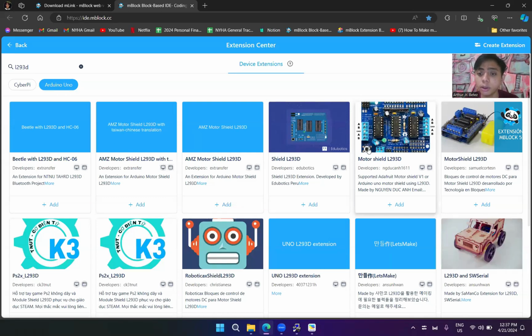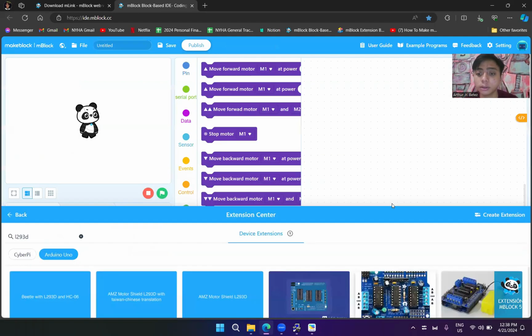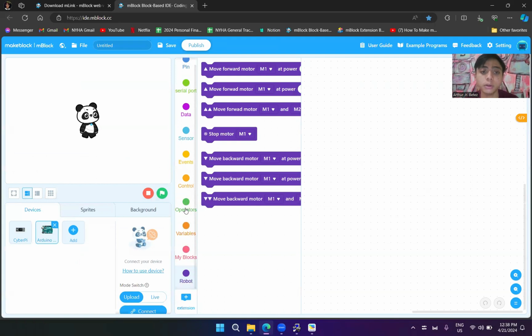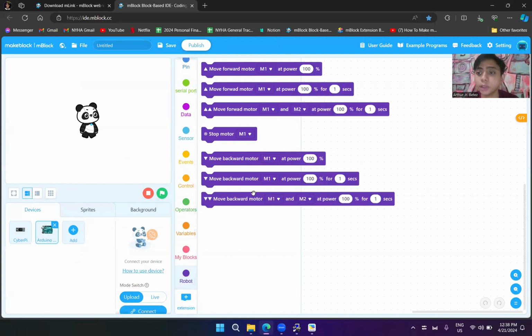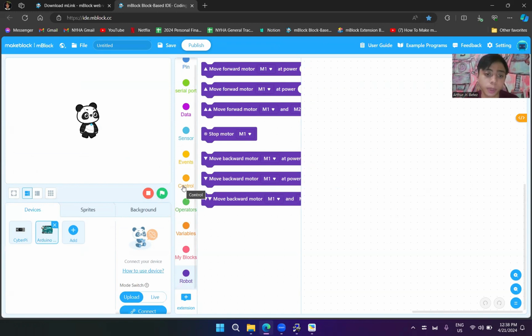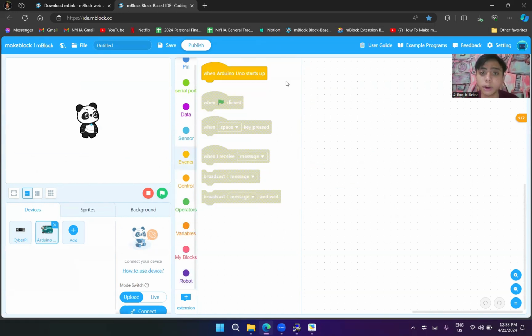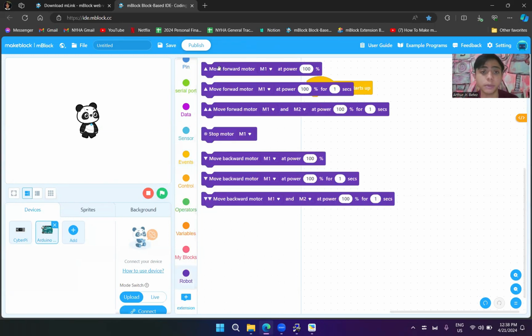Just remember who the developer is. This is his name, and this is the one we will use, not the other ones. We just click add, and now we have the blocks for our mbot. So we can now start programming our Bluebot or mbot.